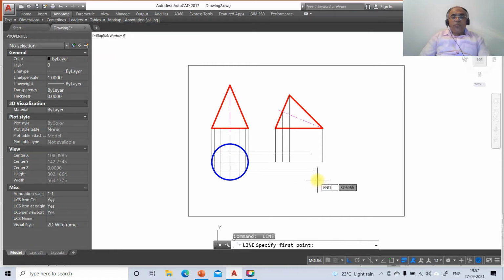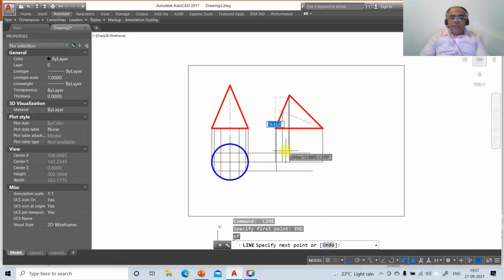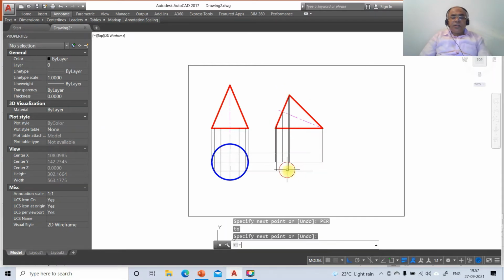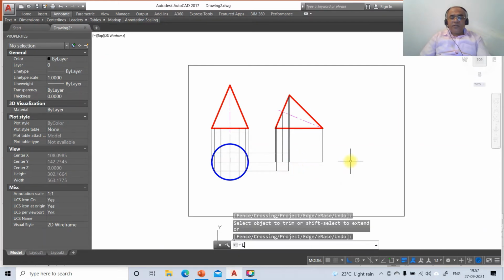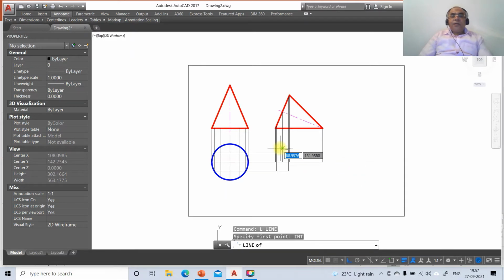Then go to line, take the end point of this and draw perpendicular to this. Similarly, take the end point and take perpendicular to this line. Once you do that, go to trim, select these two as the cutting edges and the object to trim as this, and trim as this. Then go to line, take the end point of this, line, take the end of this, and then go to line, take the end of this,